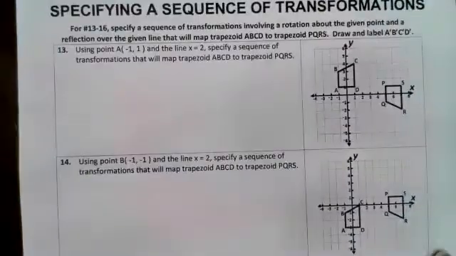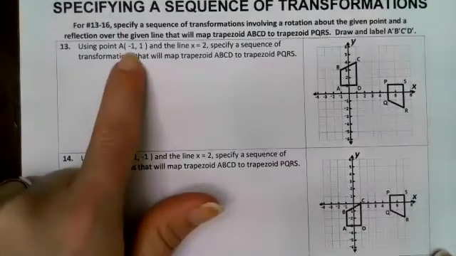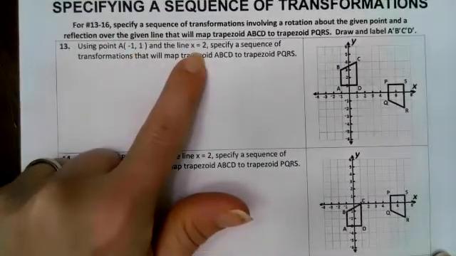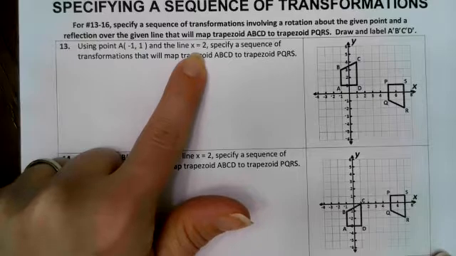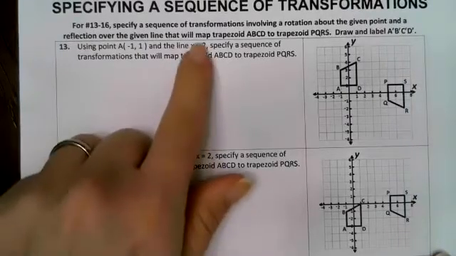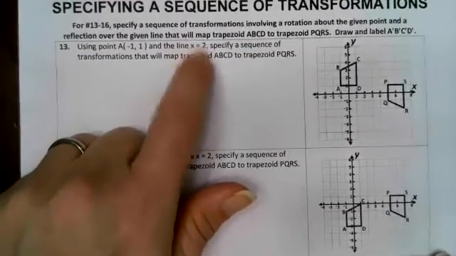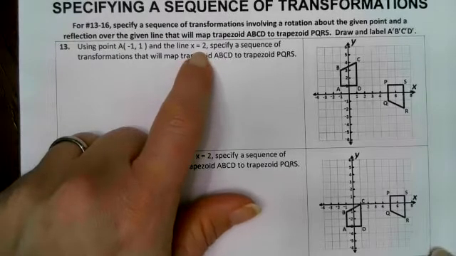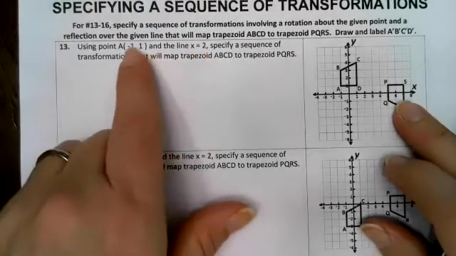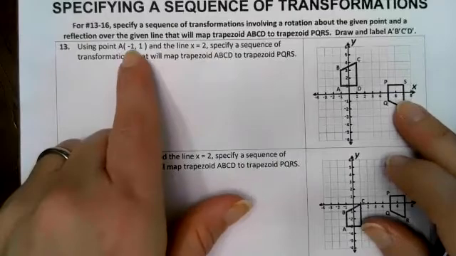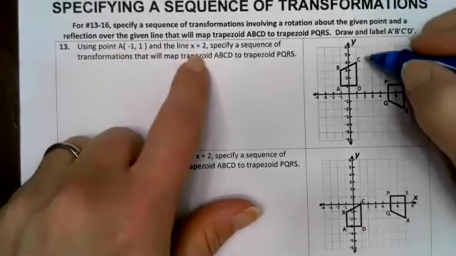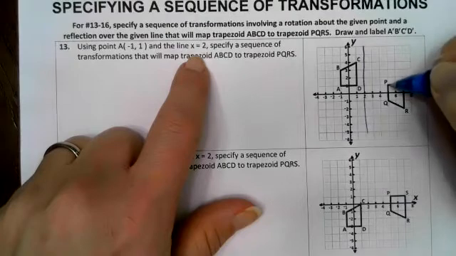Okay, and then looking at the last page, so here they're telling us they want us to use a point and then a line. So I'm going to rotate first and then use my line of reflection to match it up. So I'm actually going to unreflect my final image, which is that PQRS. And then I'm going to match my original ABCD to where I want it to be reflected from. So if I have my X equals 2,